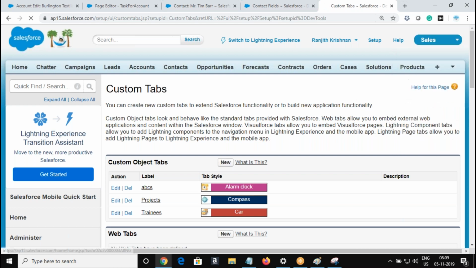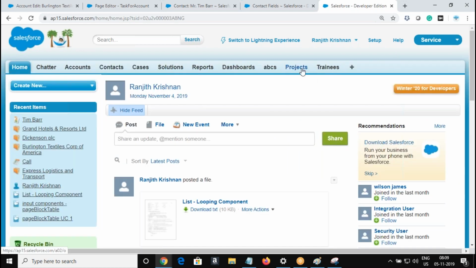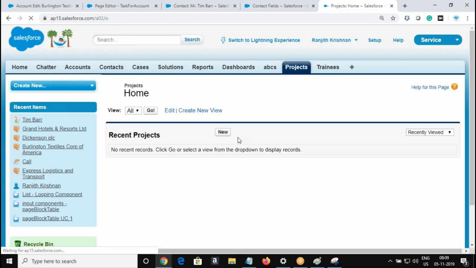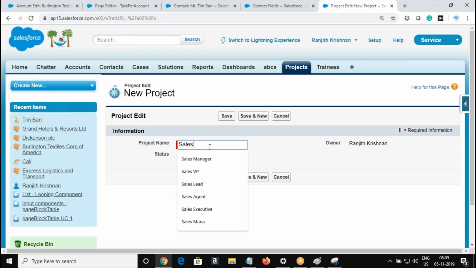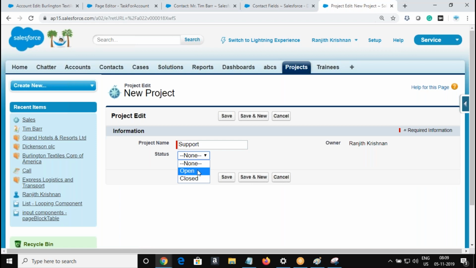It's added here. Okay, just an example. So we go and create some rows here. Sales project, it's open, support. Some project.